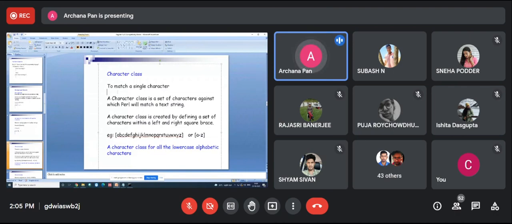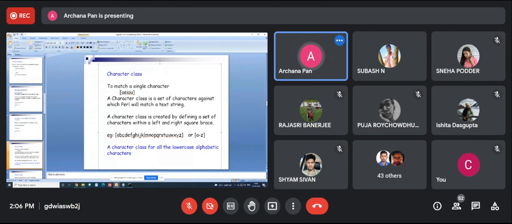Character class means a set of characters that you write within the square braces. Like I want to write here A, E, I, O. So this is a character class.